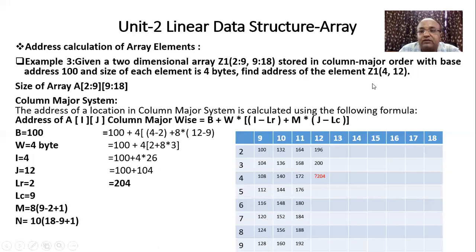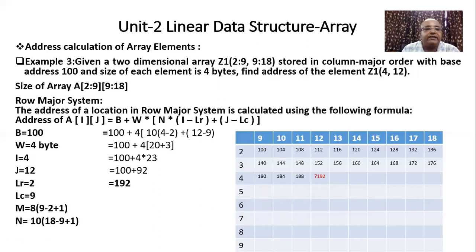So our goal is Z1 4, 12. I have already mentioned a question mark at Z1 4, 12. So at that point we are getting a value of 204. Similar way we are getting the same answer by using the equation. You will get the same answer in both the cases. This method will be very helpful for understanding as well as to verify your answer.